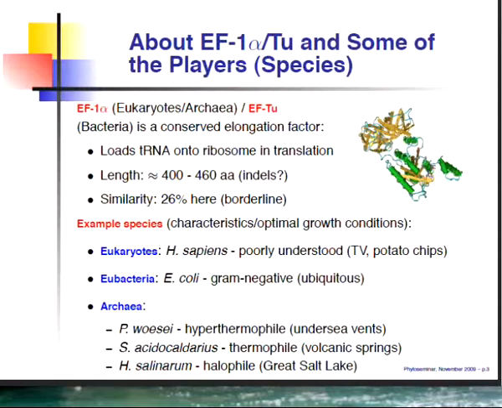If we take a look at sequences of EF1 alpha or 2 from a number of different species, we'll notice that it ranges in length from about 400 to 460 amino acids. So immediately that suggests that over the space of the tree of life, there's at least been an increase or a decrease, we don't know how many times or when, of amino acids within this protein. And if you look at similarity itself, any two sequences on average are about 26% similar. So that's in the gray borderline region of similarity where we'd start to expect there to be problems given standard methods for reconstruction.